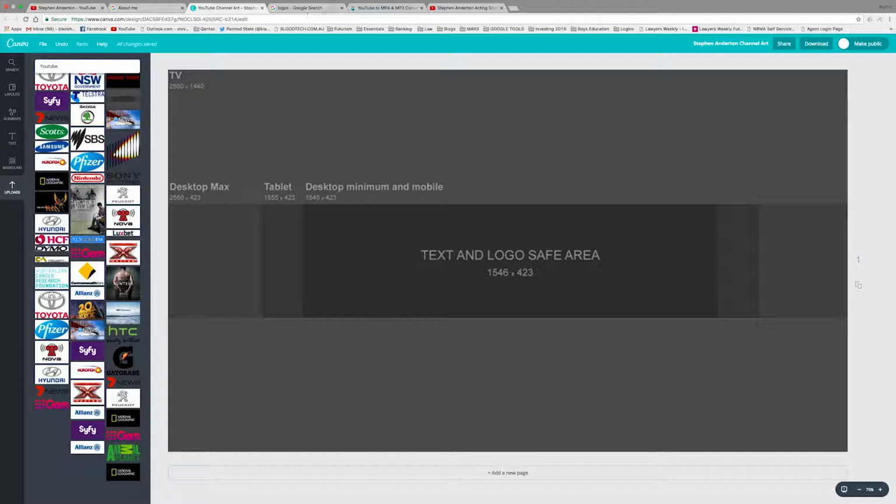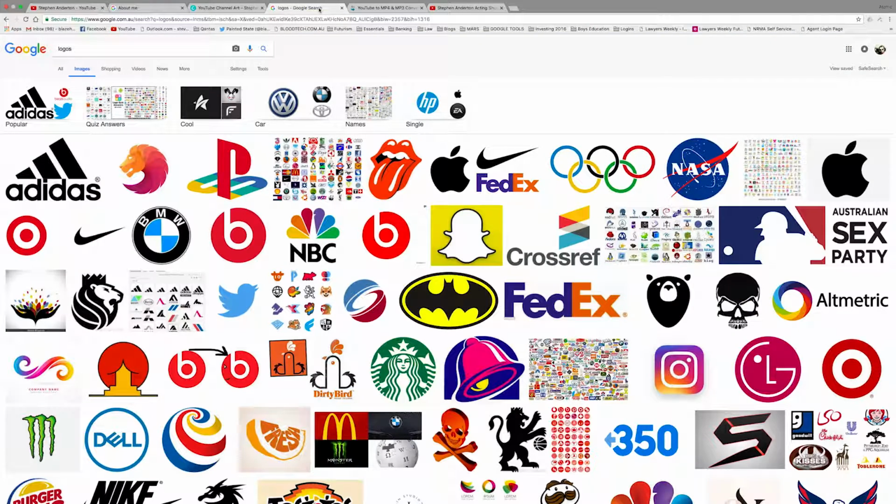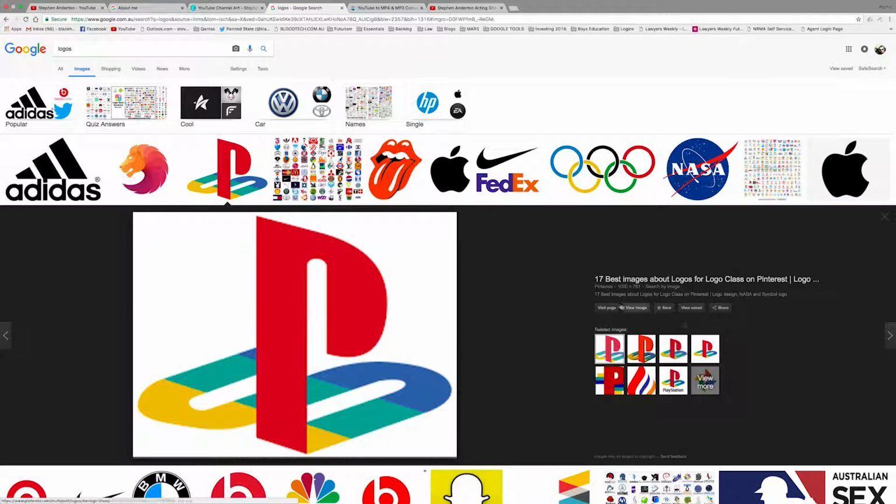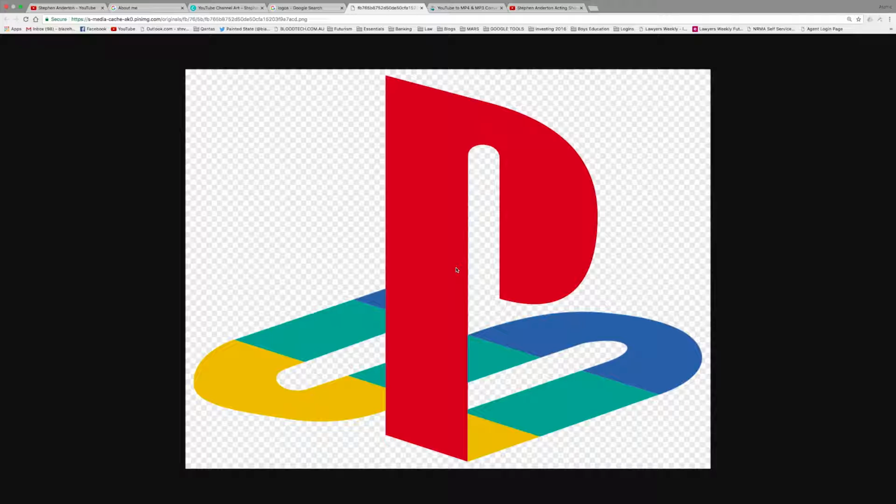Okay. Firstly, let's go backwards a bit. You want to get your logos. So if you're going down the path I do, here's a page full of logos. And let's say I work for PlayStation, and I'm going to have a look here by doing an image search, and then I can see the dimensions, 1000 by 761. So you want to avoid anything that's 32 by 24. You want to have a larger quality image, and then you can visit view image,